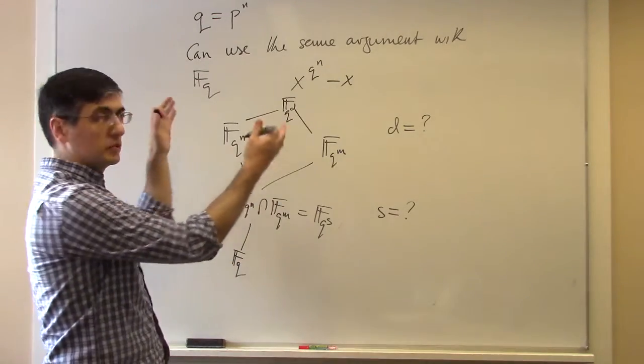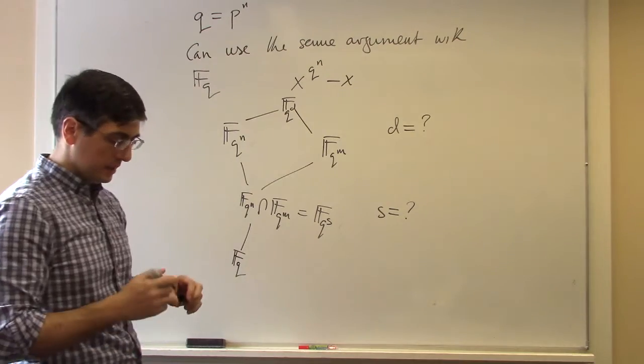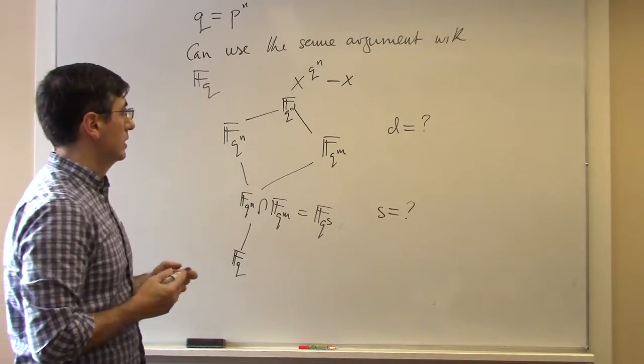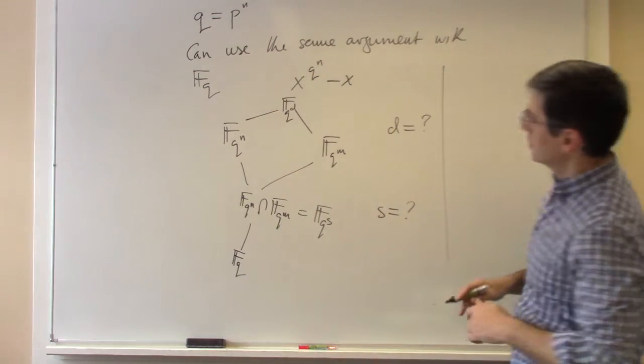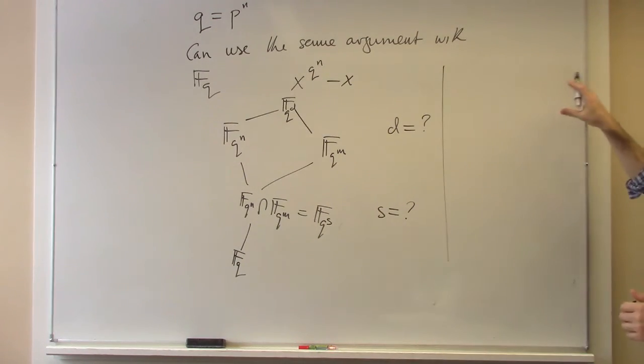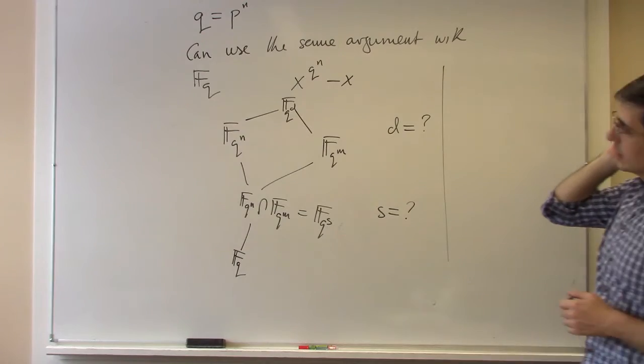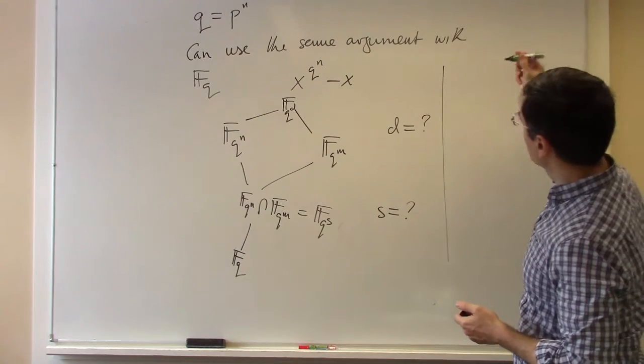Alright, so then you can draw a lattice of these fields. Which brings the next two statements that I want to make. For any n,